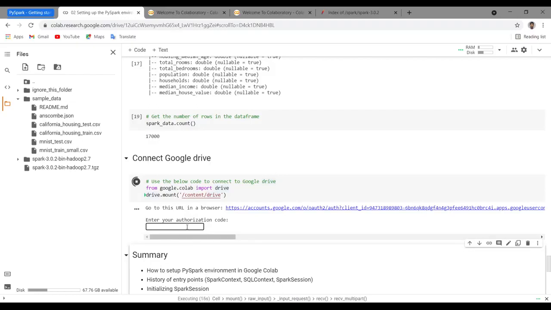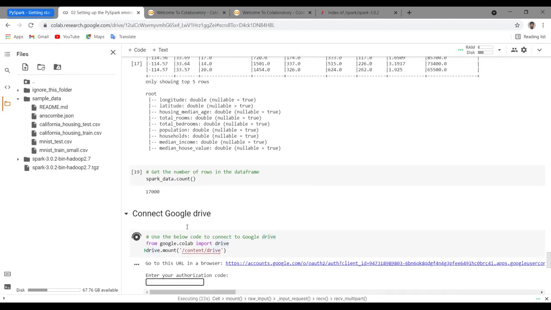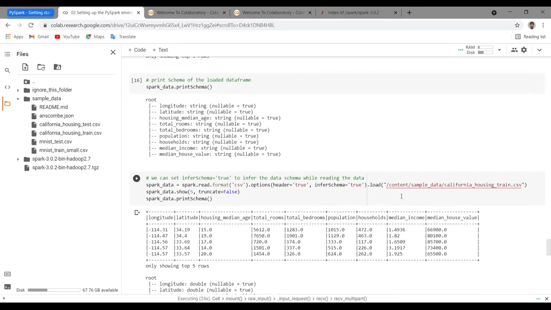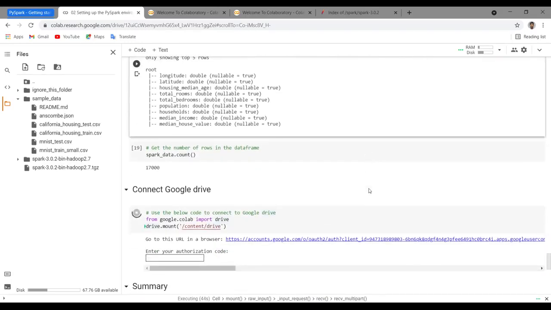Once you get the authorization, you can copy the path of that folder or the file name, and then you can paste it here. You can replace that file path with this. If it is a CSV, you can keep it as CSV. If it is another format like Parquet or so, you can update the format as well and change the options accordingly. Awesome.